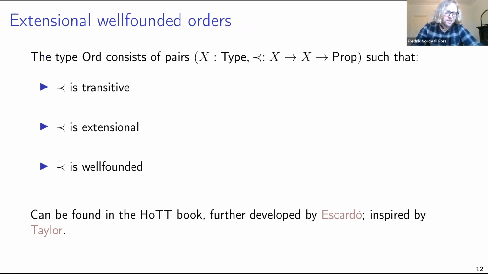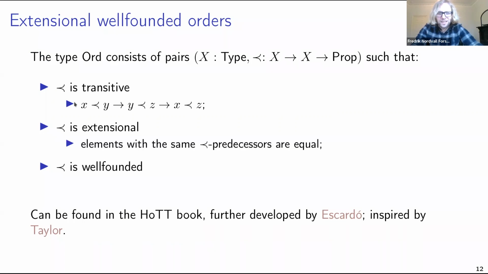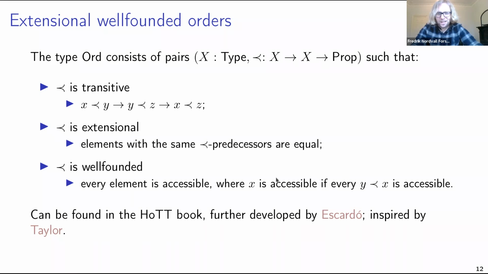And the last type of ordinals that I would like to talk about is the extensional well-founded orders that some of you might remember from the HoTT book already, right? And these are, of course, directly inspired from the classical definition, or at least via Paul Taylor's version, where he's replacing trichotomy with extensionality. Right? So transitivity, as you would expect, extensionality, elements with the same predecessor sets are equal,